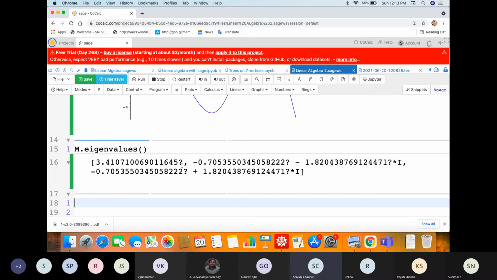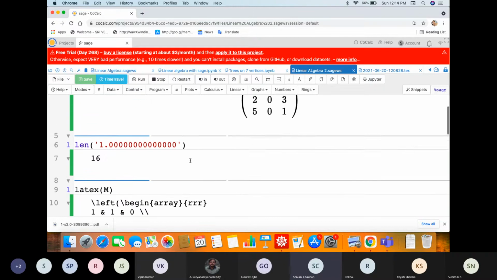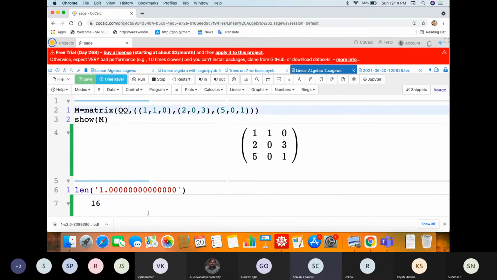Suppose I have 3.25 and a question mark. That means that your value is somewhere between the interval 3.24 comma 3.26. So this is what this question mark shows. But if I change my field here, means instead of QQ, if I put RR here,